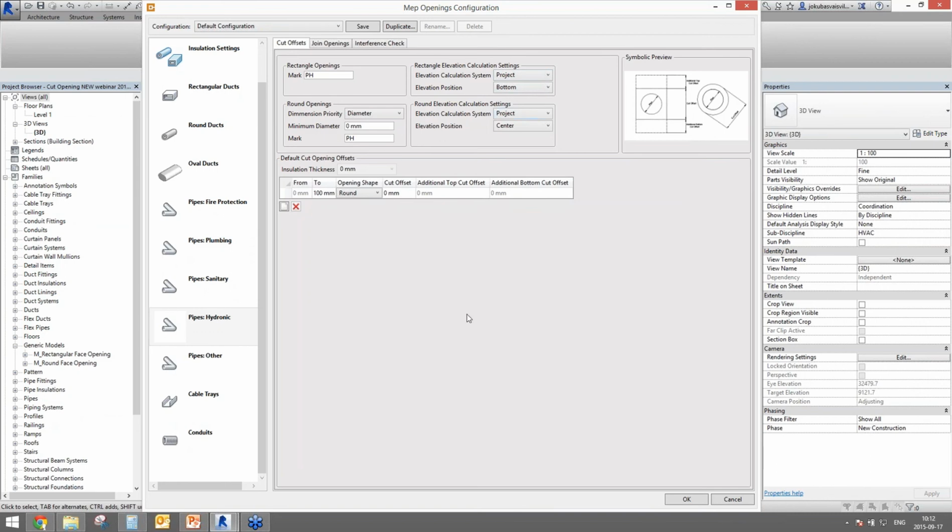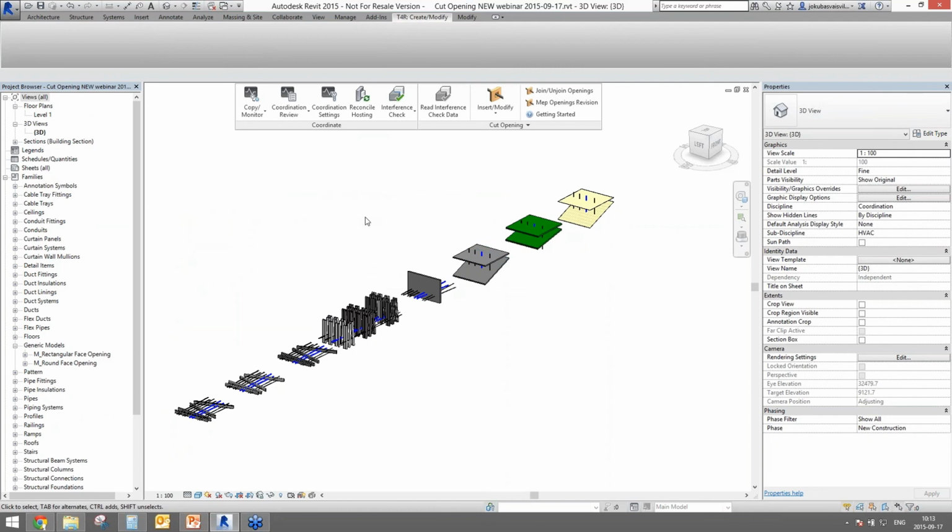So after all the configurations are set, as you think that all the configurations are set, we can go and start the work now. I will click OK, and all the configurations will be saved with the new name over here. I'm clicking OK, and the next step is the third step. The first step was to read the interference check in Revit, then go to configurations, to MEP opening configurations, and after this we have to read all the